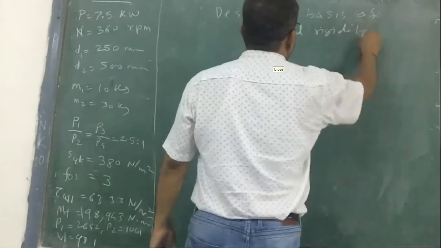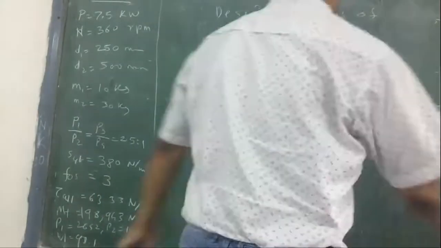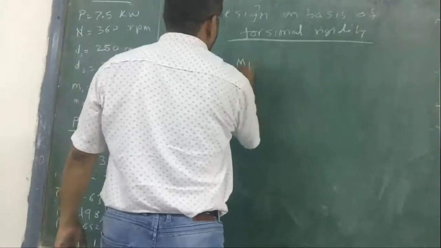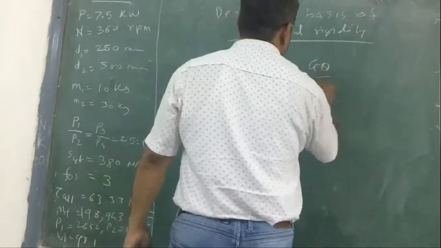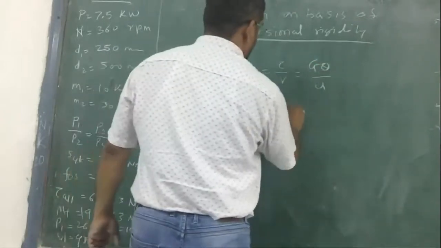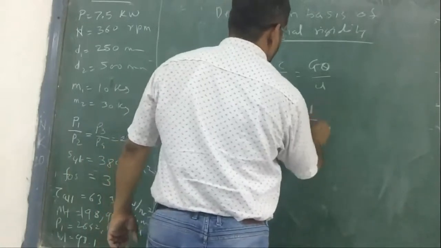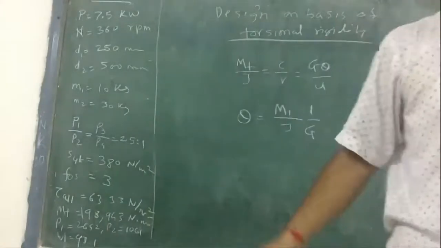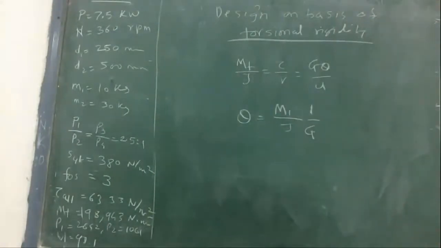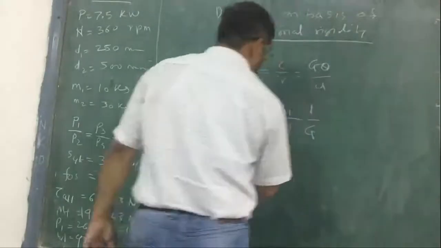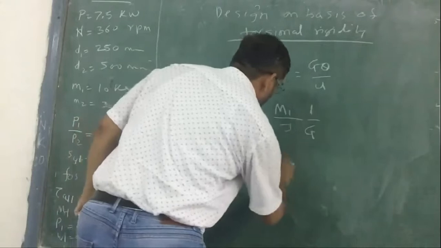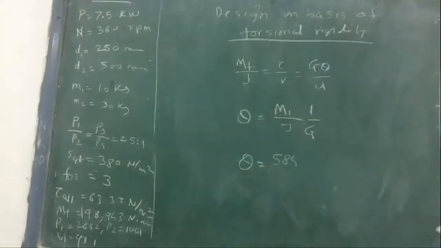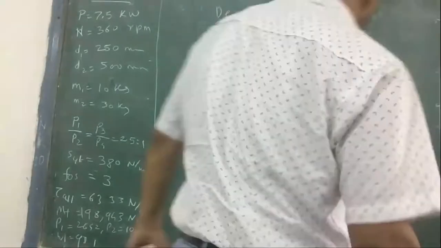In the first lecture, we have gone through that also. So we basically have tau, T upon J, T upon J is equal to tau upon R is equal to G theta by L. Here theta is equal to MT upon J into L upon G. So this is the torsion equation we are going to use, and so it comes down to, if we put J is equal to pi by 32 d raised to 4 like that, we do all the calculation and ultimately we will get theta is equal to 584, right? So this is 584 MTL.